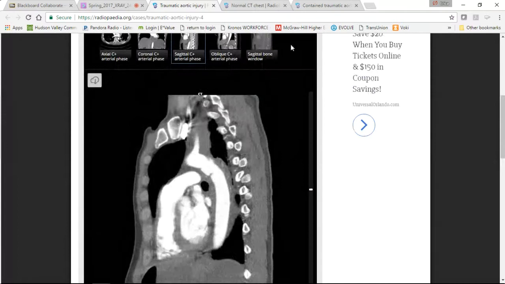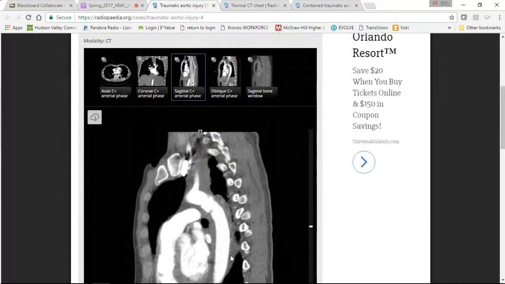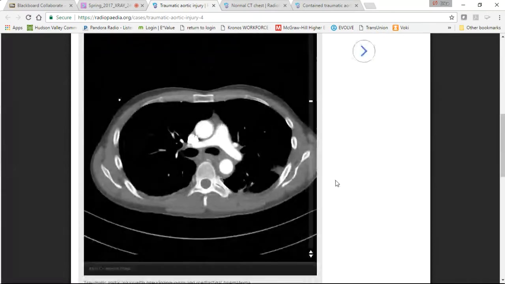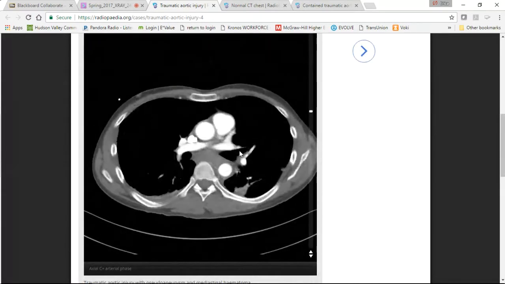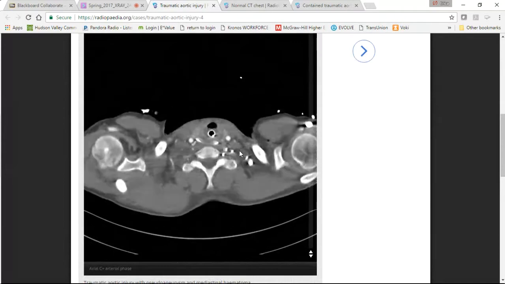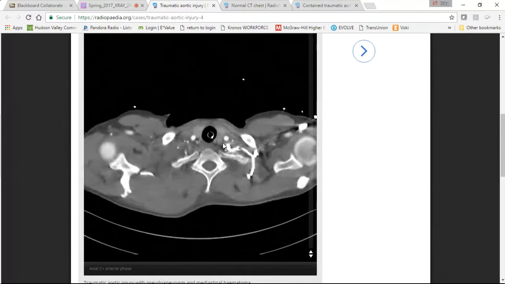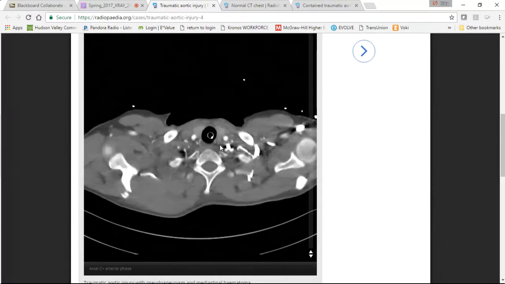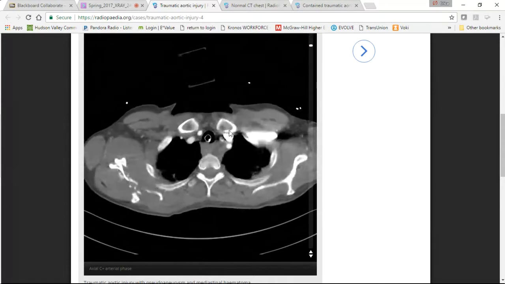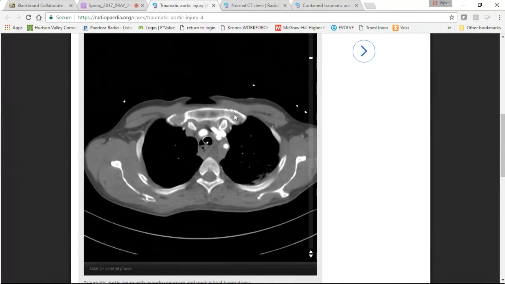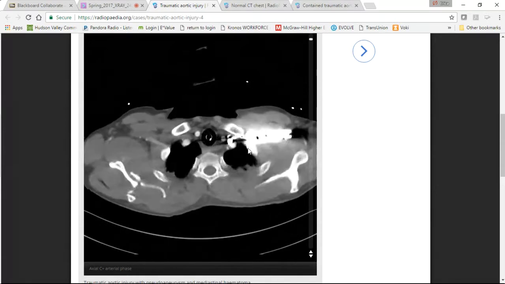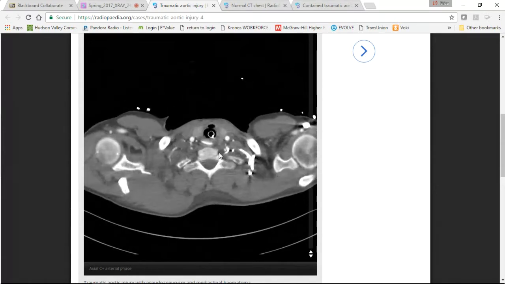So one thing I just want to show you, we went over all of the anatomy for this week on the normal CT, but now that we're switching over to the traumatic chest, I want to show you just some variations and how once you have a solid foundation, even when you have this traumatic injury, you can start to see the same anatomy. And as a seasoned CT tech, you're going to start to see some anatomical changes, and you'll recognize them even more when you have a solid foundation of your anatomy on your normal